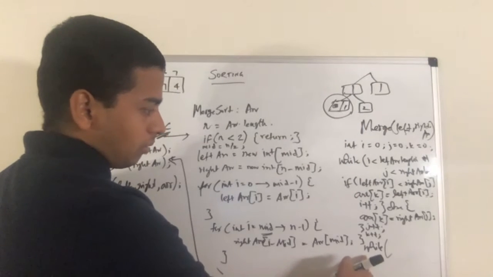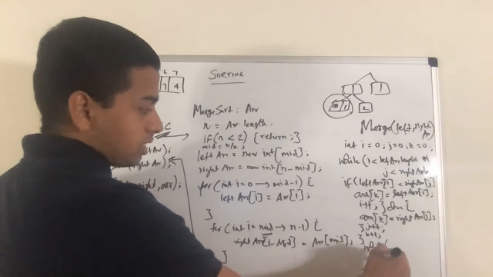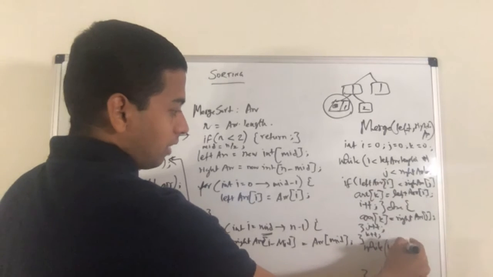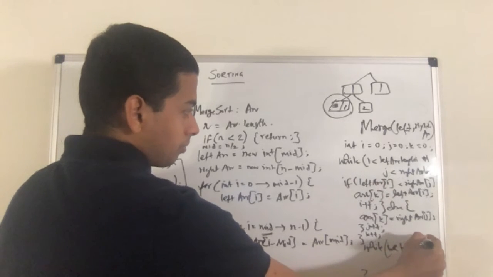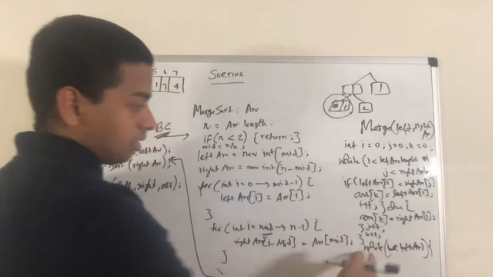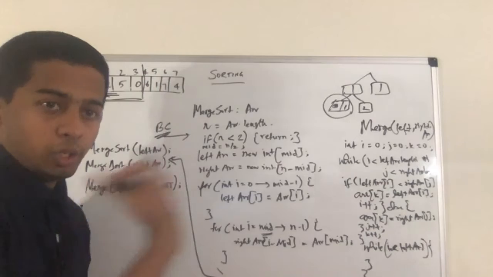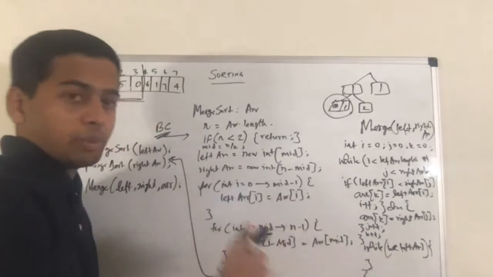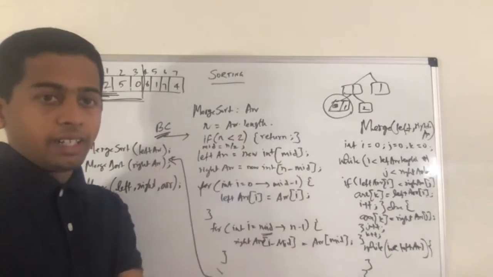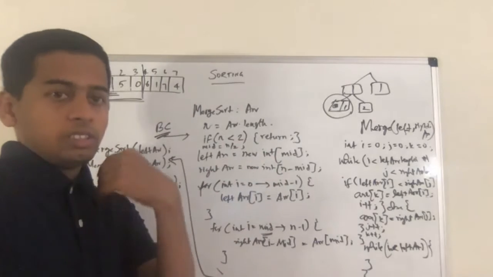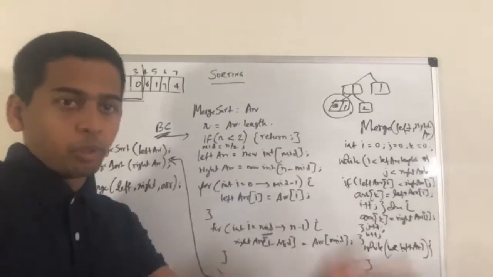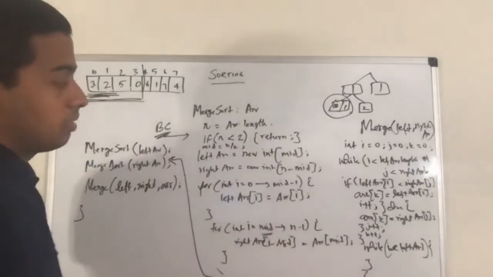Hope you understand it. What I'm going to do here is first check while i is less than left array dot length. I'll insert all the elements in the left array into k, and increment the i pointer and k pointer. Then while j is less than right array dot length, insert all the elements from the right array into the parent array, and increment the j pointer and k pointer. Okay, that's this merge logic.